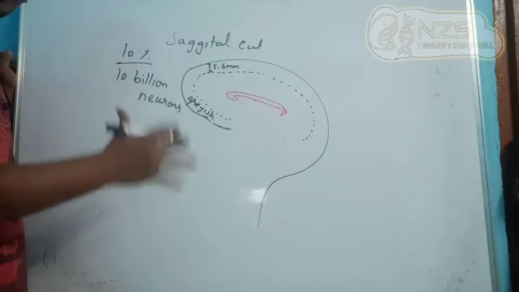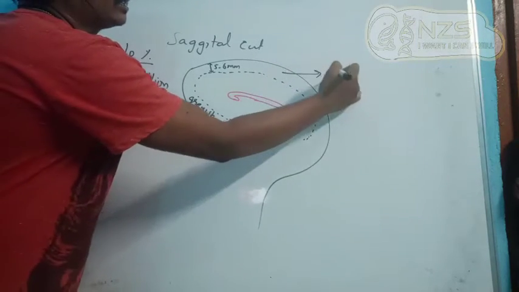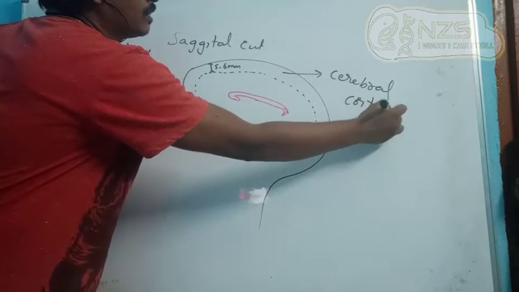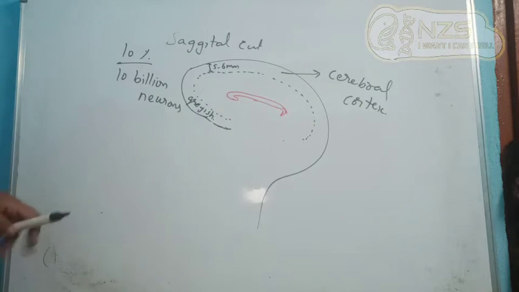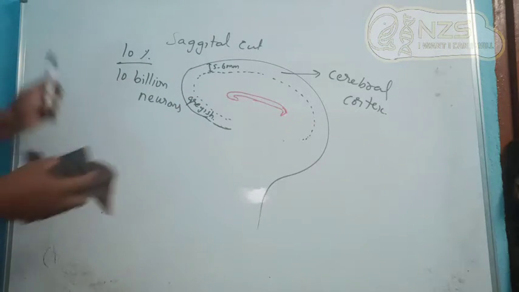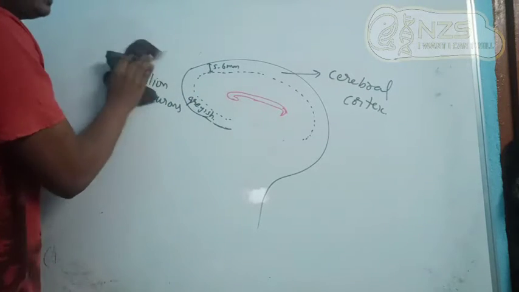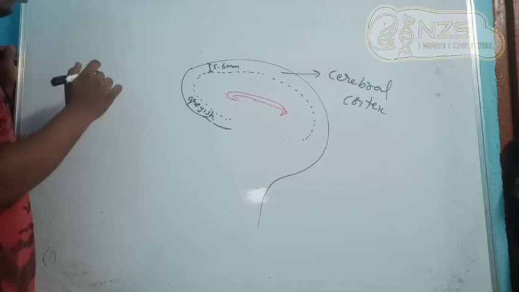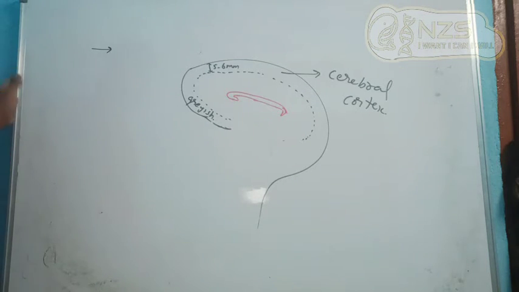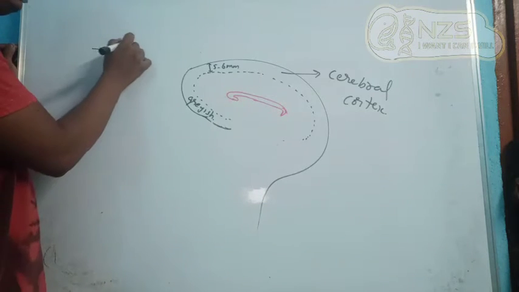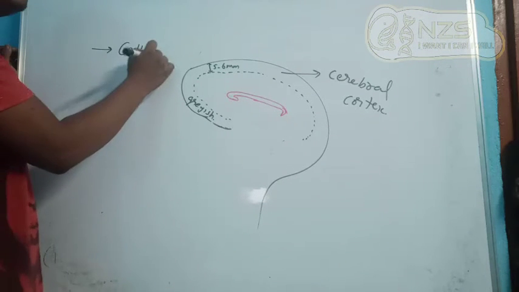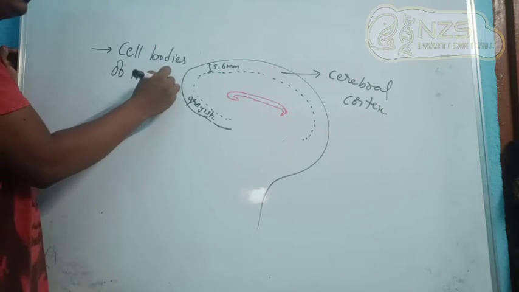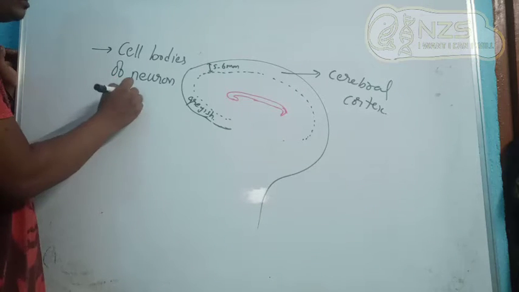What do you call this grayish colored area? This grayish colored area is called the cerebral cortex. Now the doubt is, why is it called cortex? You all know in biological terms cortex means the outer zone, right? Now the doubt is why it has a grayish colored appearance. The reason the cerebral cortex is grayish colored is that it has cell bodies. So it is the area having all the cell bodies in it. Cell bodies of all the neurons are present in this region.